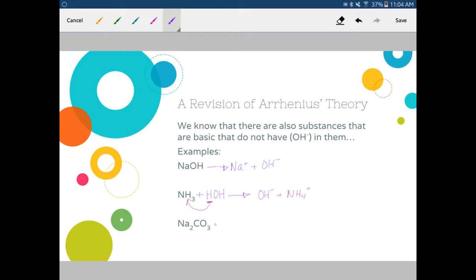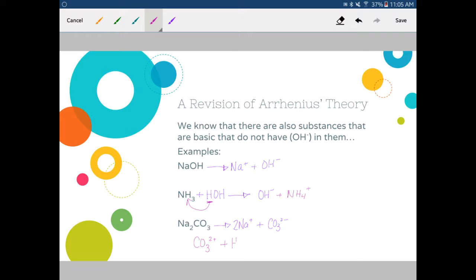First, we have dissociation of sodium carbonate. So we have Na positive, there are 2 of them, and we have carbonate, CO3 2 minus. So that was our first reaction. Now, the basic component of our sodium carbonate isn't sodium, it's this carbonate. So then, in our secondary reaction, we have carbonate